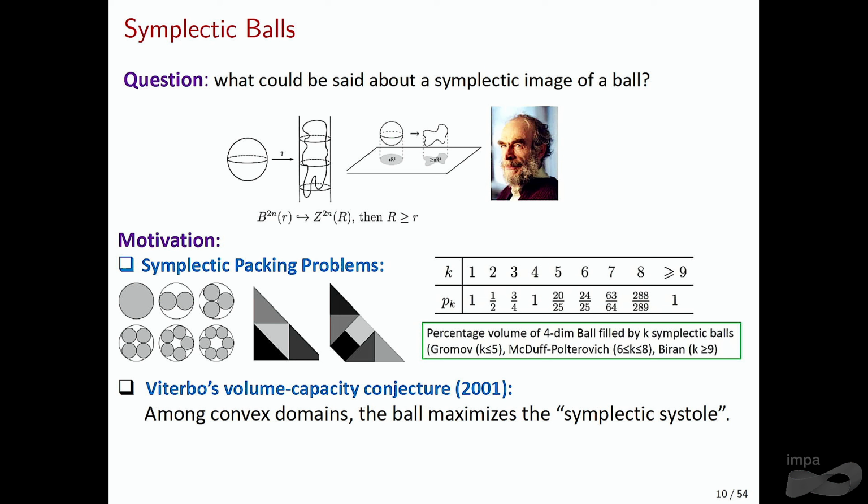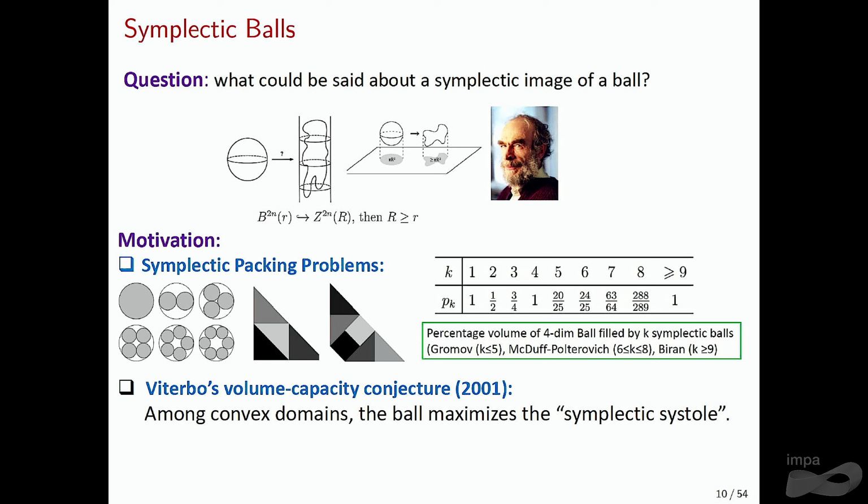We have a convex domain, and we look at the characteristic foliation along the boundary. There is always going to be a closed characteristic. We measure either the period or the symplectic action, which is the same thing for a convex domain, and we take the minimal one. So the symplectic systole is the shortest, in the symplectic sense, closed periodic orbit on the boundary,